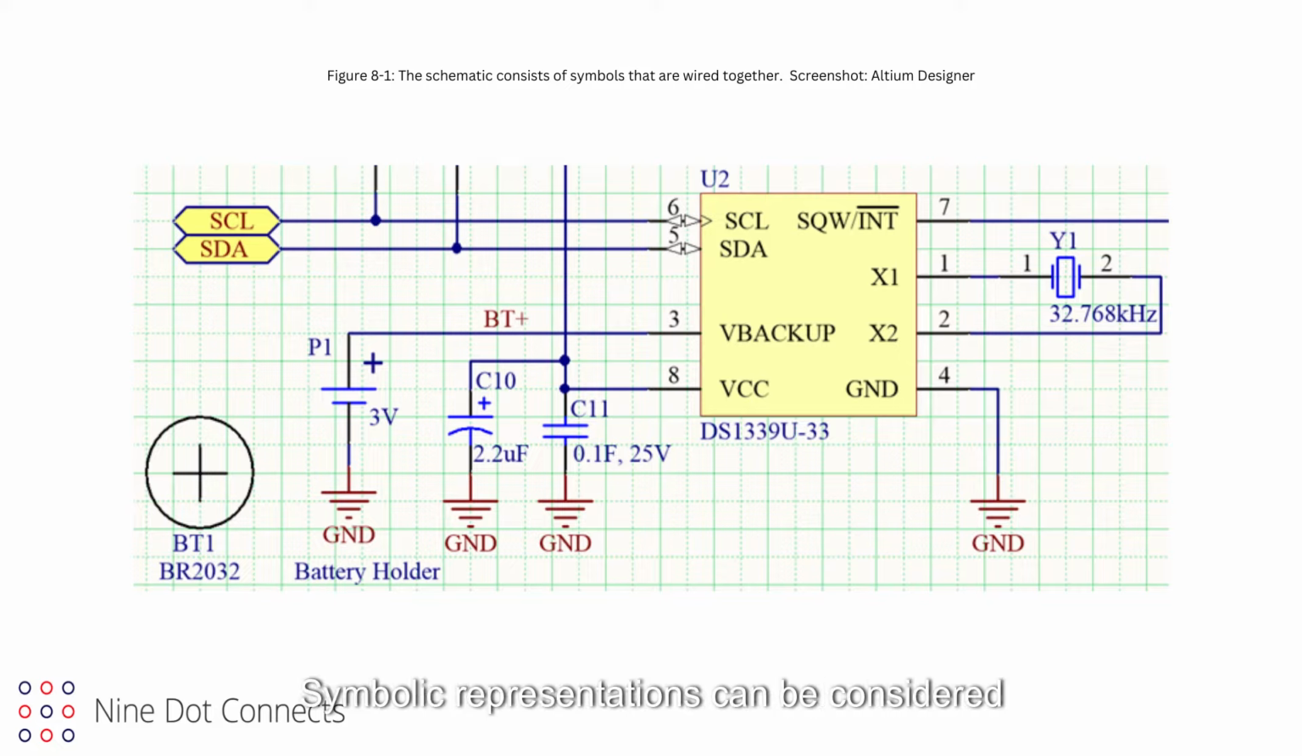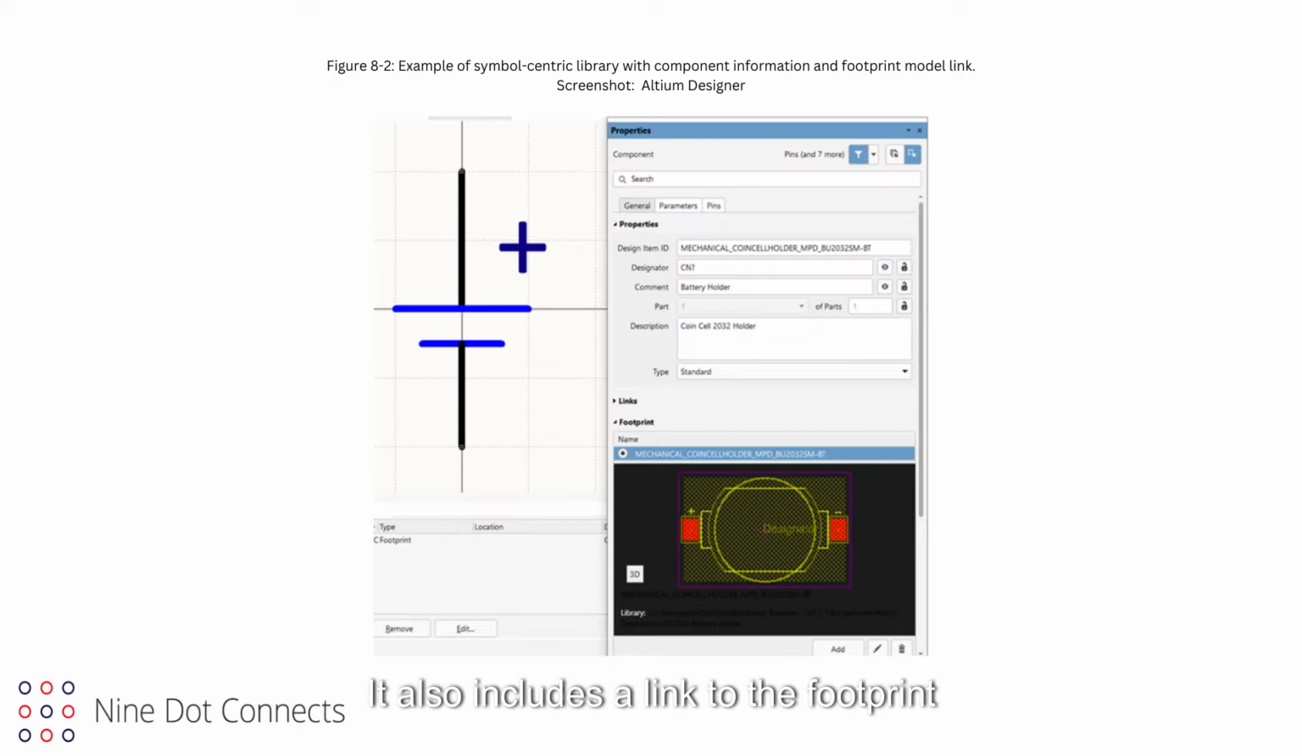Symbolic representations can be considered a language, developed over the decades of electronic design as new components have been introduced. The symbols are more than just graphical representations, they also contain information that is not generally displayed on the schematic itself. This includes parametric information pertaining to component characteristics, such as value, tolerance, temperature rating, etc., and information that would allow the purchasing of components, such as the manufacturer's name and component part number. It also includes a link to the footprint, and may also include other models such as simulation and signal integrity